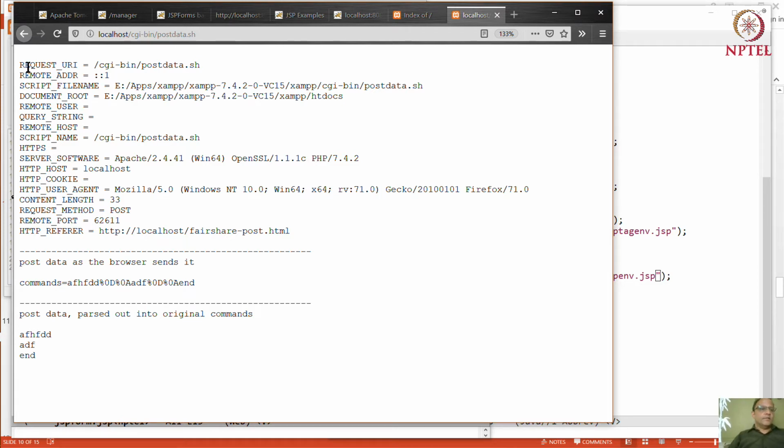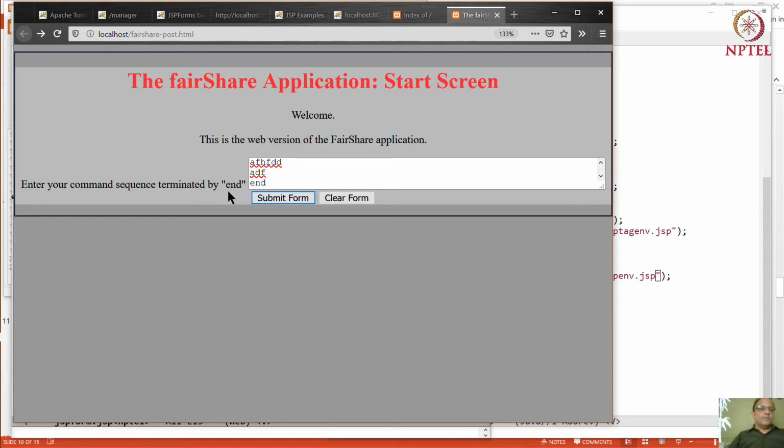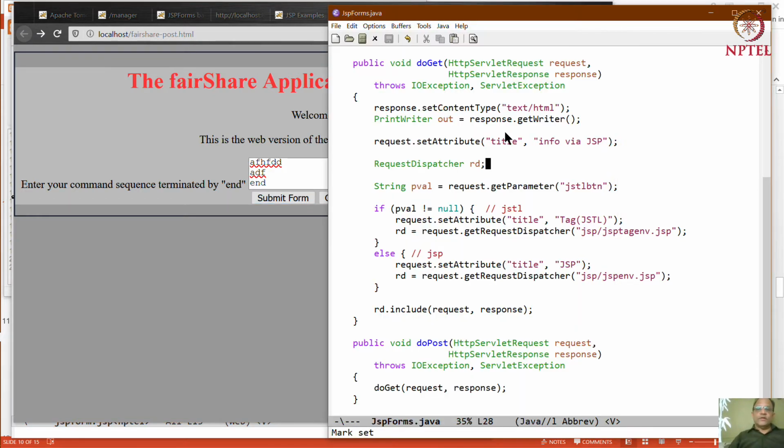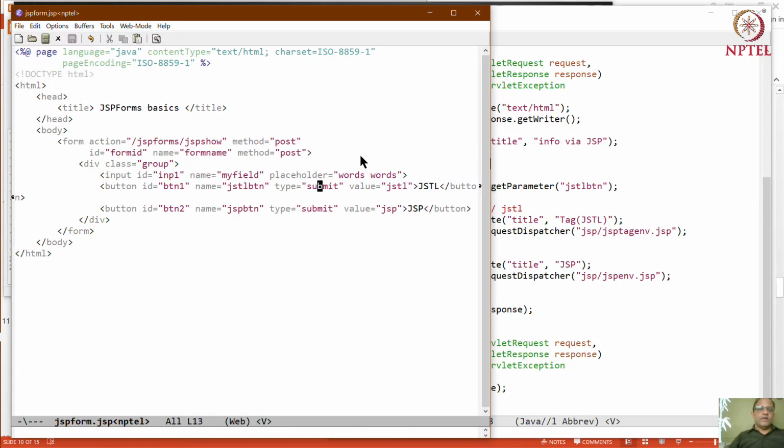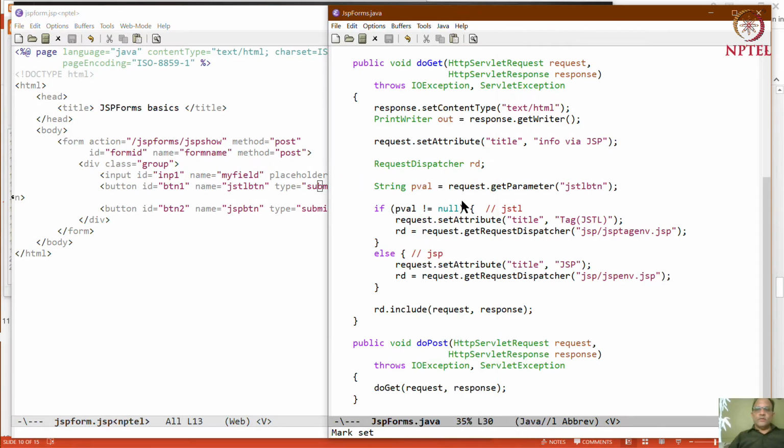Okay, in this case it's just generating whatever you sent it, and it comes back. If this were HTML, then we would see it as HTML, but the point is you go from a form to a CGI bin which generates another potential HTML, and that's what is going on here. So from one JSP you come to this class, from this class you go to one of these two JSPs.